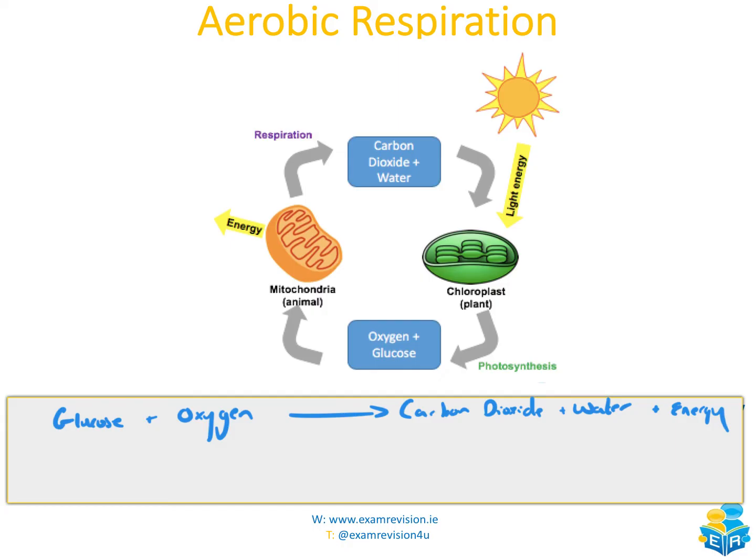Now, the chemical equation, glucose is C6H12O6, oxygen is O2, carbon dioxide is CO2, water is H2O, and energy we just actually leave as a word, which is just energy. And we have to make sure it's balanced. It's going to be the exact same situation here as photosynthesis. It's not balanced at the minute because we don't have the same number of carbons on both sides. We don't have the same number of hydrogens on both sides, and we don't have the same number of oxygens on both sides. So exact same way as photosynthesis, if we just introduce sixes across the board, it will become